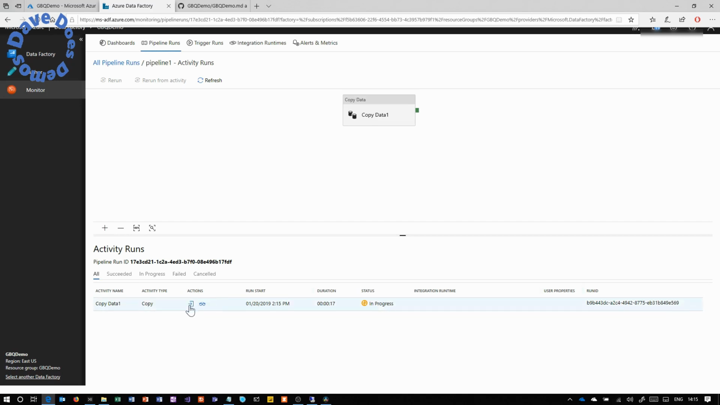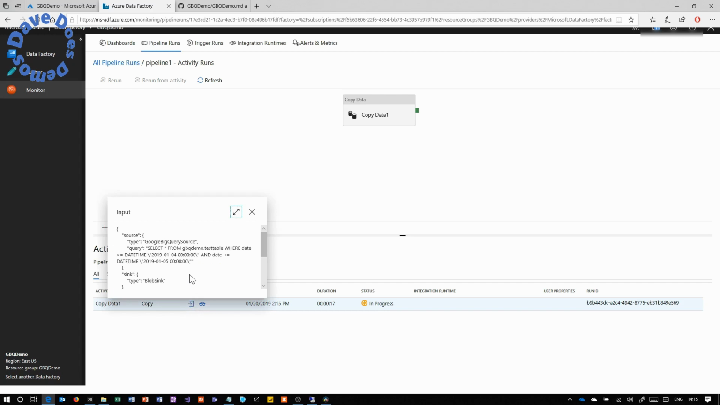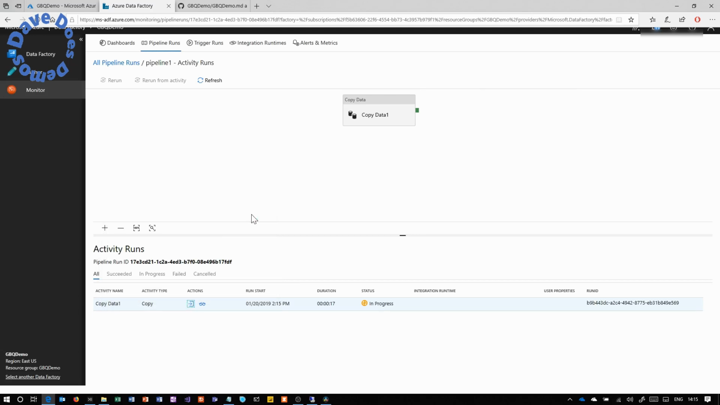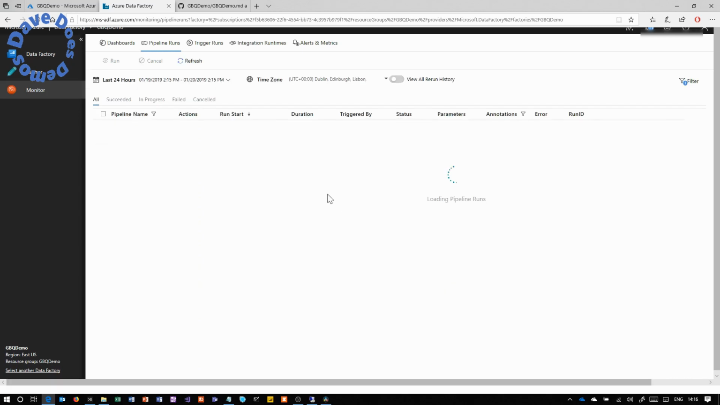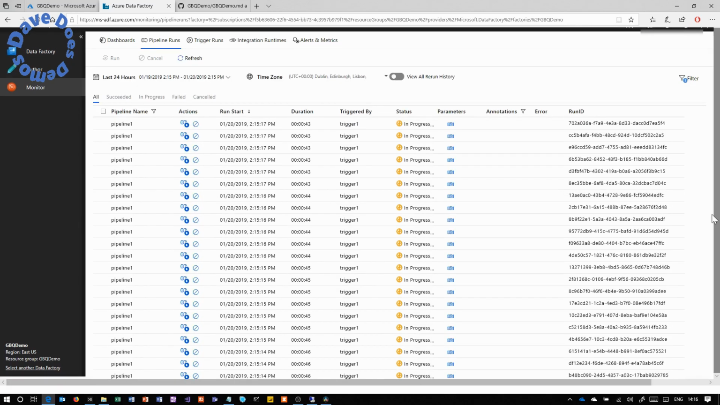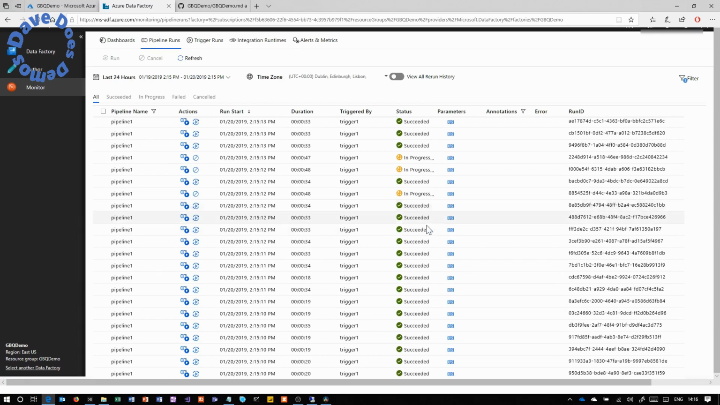Down here is where you're going to troubleshoot. This is watch, this is inputs, and these change as the job progresses. So the input, I can actually see the query now, and I can see that that's 2019-01-04 to 2019-01-05. And that's going to go off to Google and try and get that data. So click back to all pipeline runs, and by now we should start seeing some succeeded. So if I now click the pipeline,